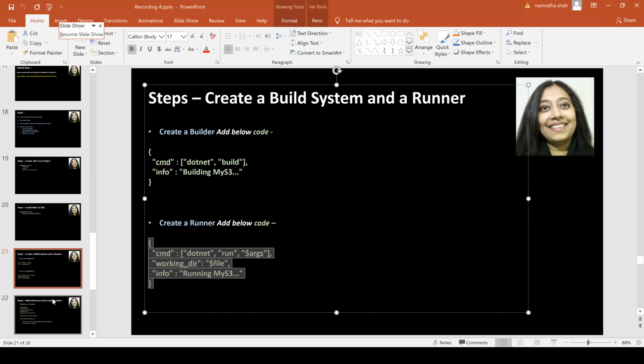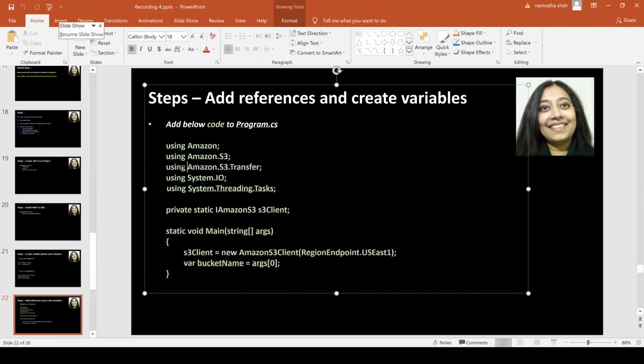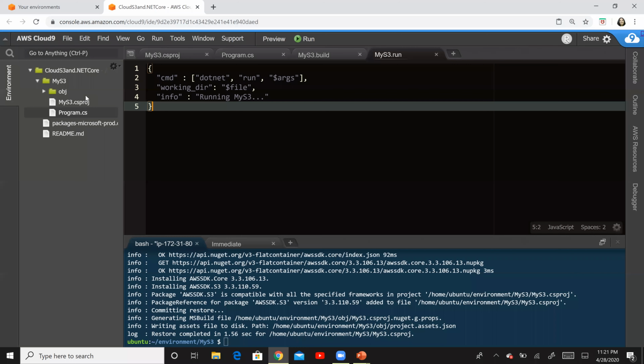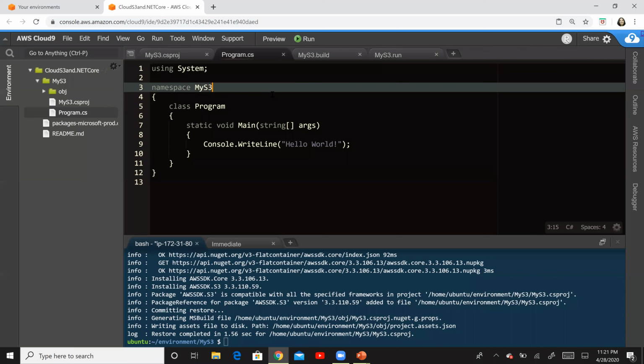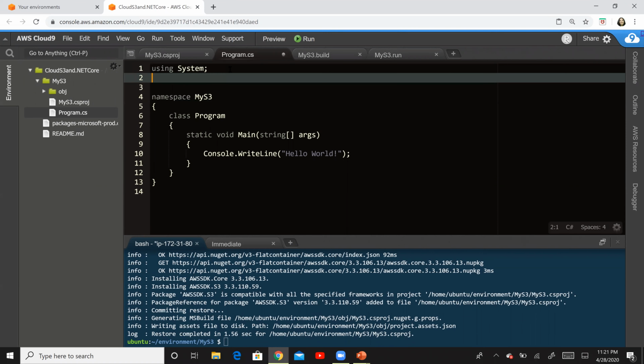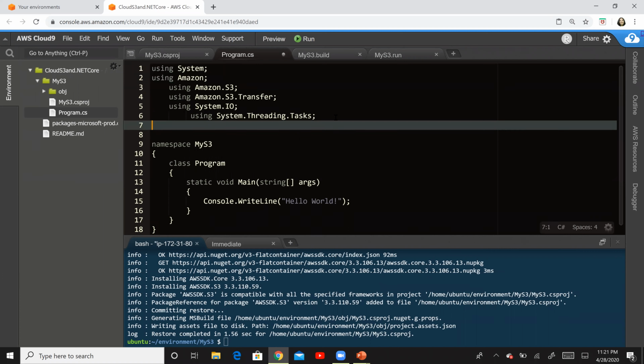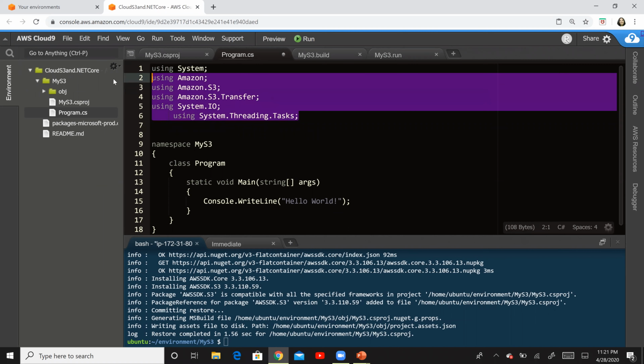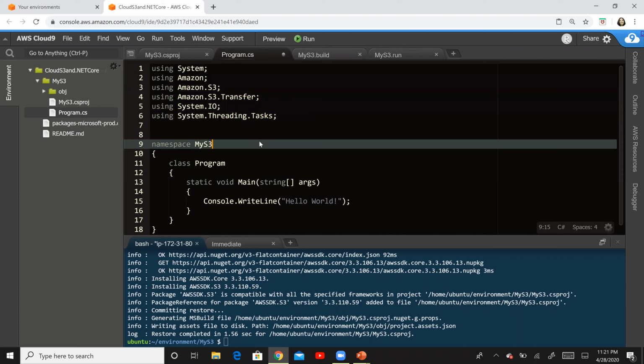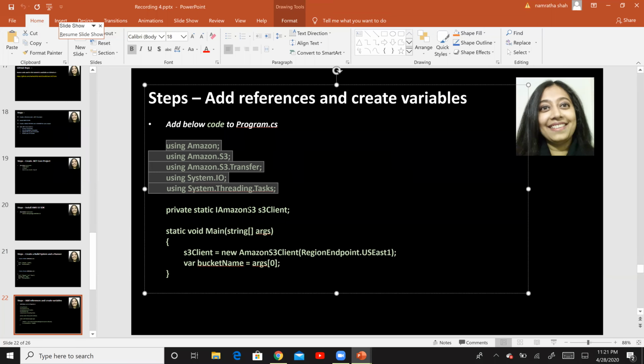Okay. So now let us go ahead and add this code to our program.cs. Let me switch to that particular piece of code. So it's right here. Go ahead and copy this and then go to program.cs. So this is our program.cs right here. And we will add those lines below system. And then after that, we will create a static variable.